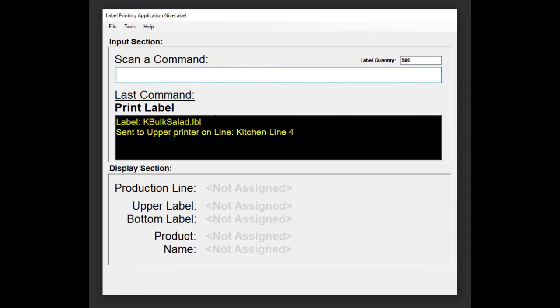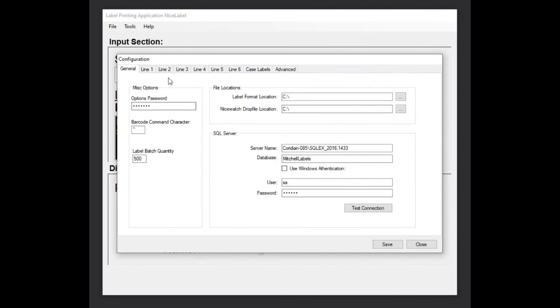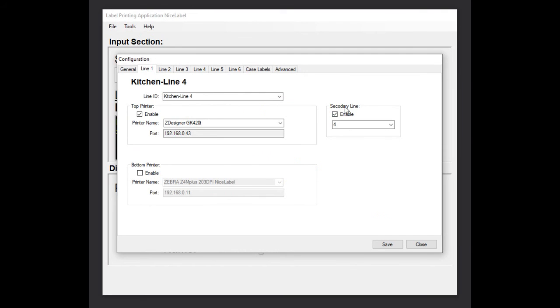Now let's say that production line 1 went down for some reason and we had to set this print job off to a different production line. What the operator would do would be to go to Tools, Configuration, enter the password to get into the configuration, go to their line 1 and say enable the secondary line, which by configuration would go back to line 4. We would save our options